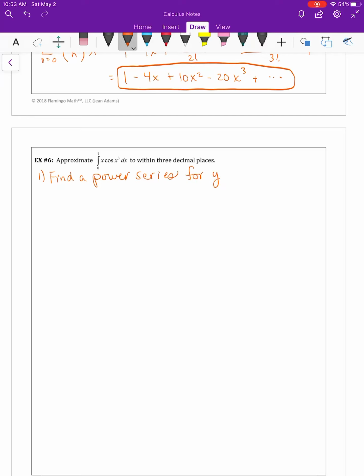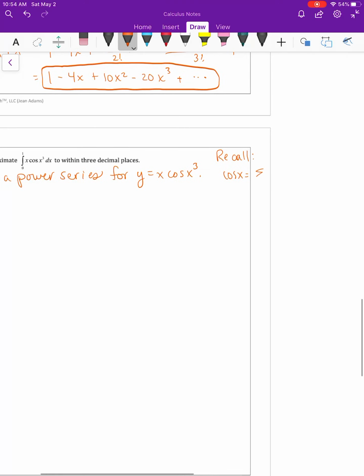So the first thing we're going to do is find a power series for y equals x cosine x cubed. Okay, we're going to recall,